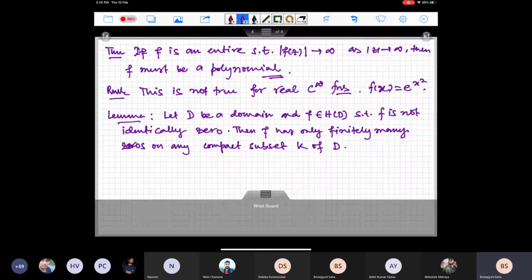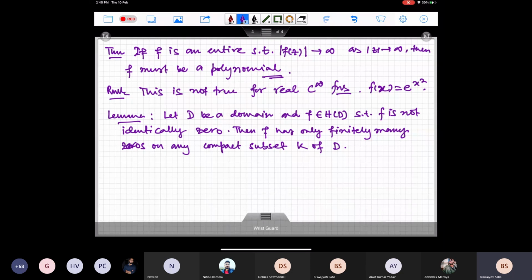Then if you take any compact subset of that particular set, so even your D could be whole of C, then in that domain you can only have finitely many zeros. That's the lemma which I want to use here to prove my result. We will see how this lemma is proved a little later, but let me first complete the proof of the theorem, and let me also make another remark with respect to this lemma,